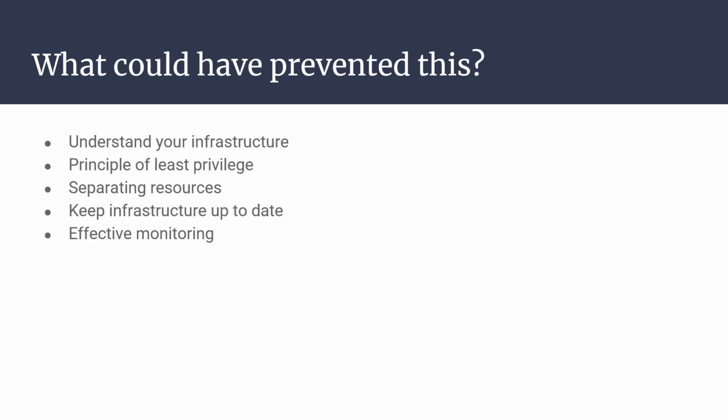Another policy to follow is separating your resources. So Capital One held both its web application firewall and sensitive customer data on the same server. So this is obviously not good practice for obvious reasons. And finally, you should keep your infrastructure up to date. So this means patching security vulnerabilities and keeping track of updates for software that you have installed, as well as